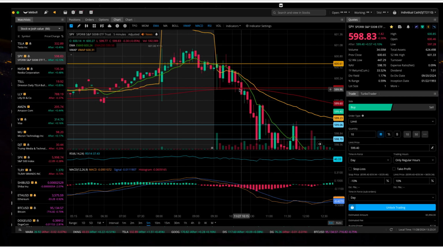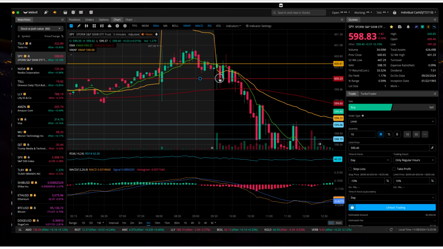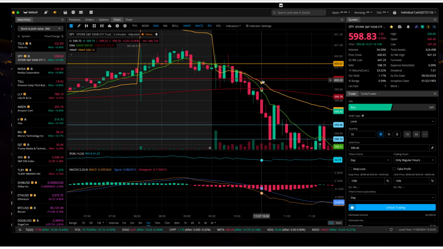Okay. So once we broke this established line, really, if you go off of Josh's method, only the bodies on the first 3 5-minute candles. Once you broke this candle here, it still would have scared me out a little bit because this wicked up. This candle finally closed, even though it was kind of a doji. Well, not really a doji, but there wasn't a lot of body to this candle. So you could have entered here